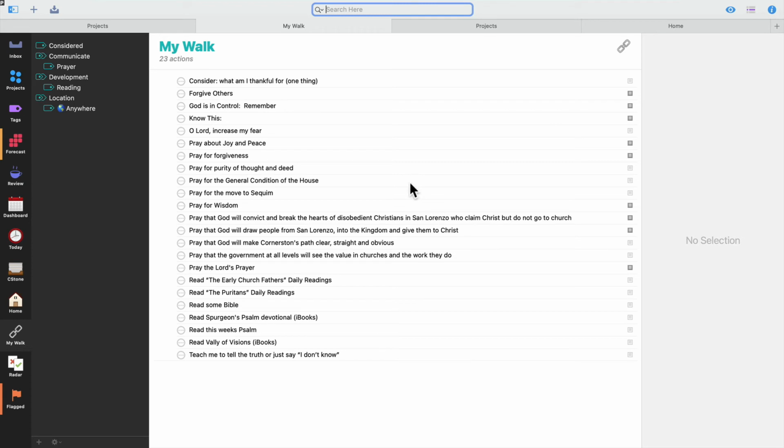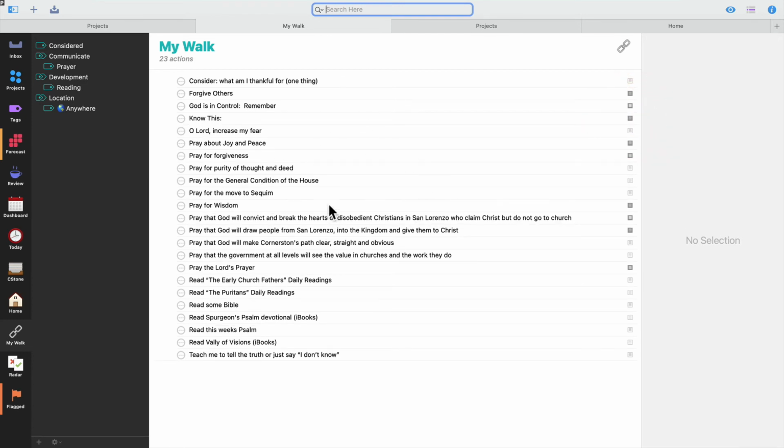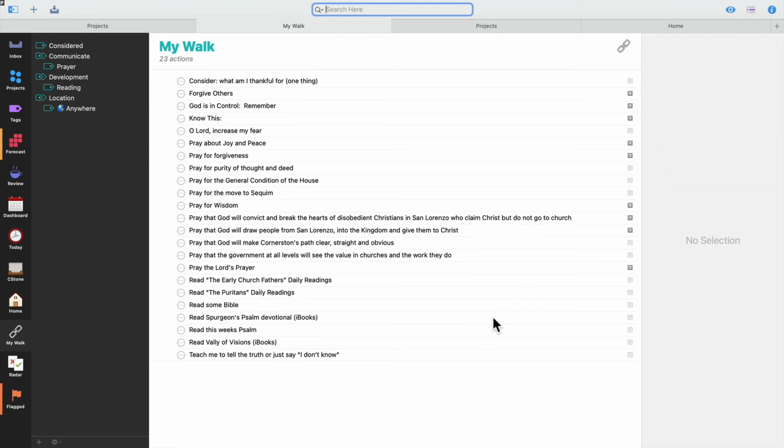I also, if I get information, so somebody's in the hospital and here's the doctor's name and here's the phone number and here's their COVID policies, I can use the note thing to put those sorts of things in here and I can see them. They appear much better on the iPad than they do on the iMac. The iMac note thing is weak, but you can get a whole pane. You get 3 panes on the iPad. The right pane can be that information. So I can pray intelligently for what's going on with somebody.